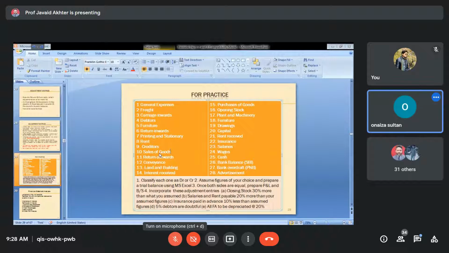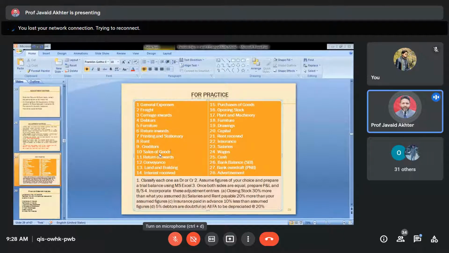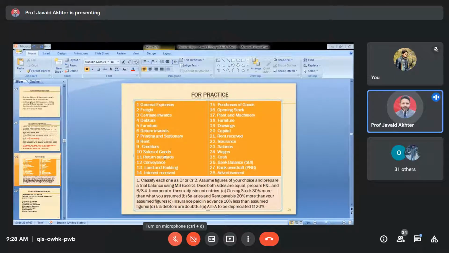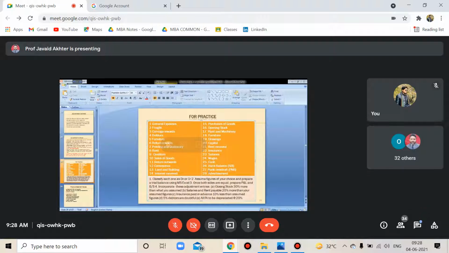Good. Now, many of you have asked and debated also that goods is considered as an asset in the equation. If you consider goods as an asset in the equation, it should be shown in the asset side of the balance sheet. So how do we calculate profit and loss? For that reason, I explained to you if this is increase in capital or decrease in capital. Okay, so out of 28, I'm sure all of you will be in a position to classify them as asset, capital, expense, liability, revenue, etc.